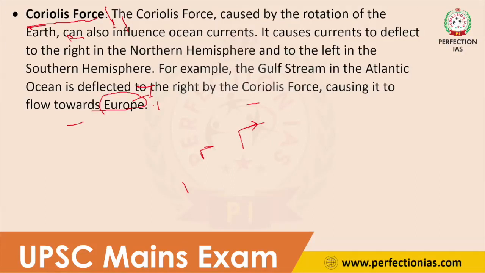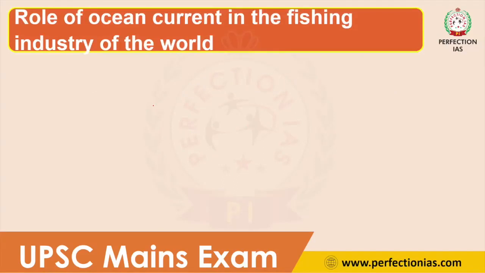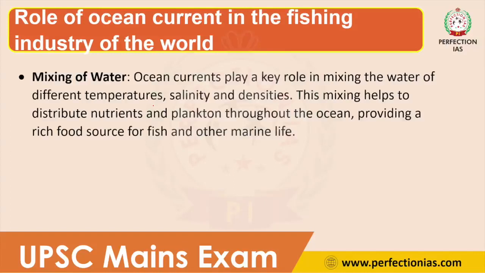Now we will move on to the second part: how the fishing industry is affected by ocean current, and what is the role of ocean current in the fishing industry. So first, ocean current will help in the mixing of water. Wherever the cold current and warm current meet, there will be huge nutrition. This region will contain huge nutrition. So the mixing of cold water and warm water